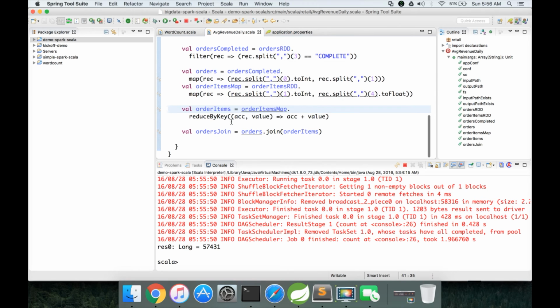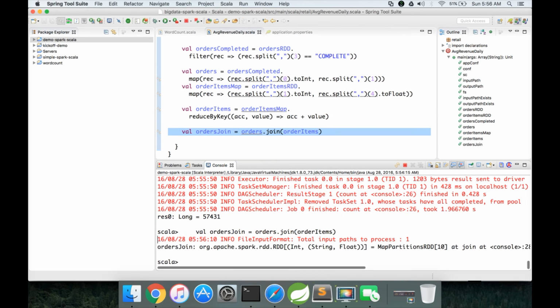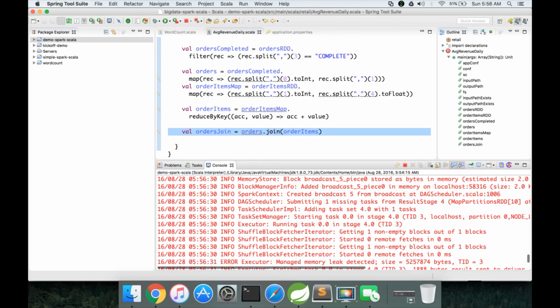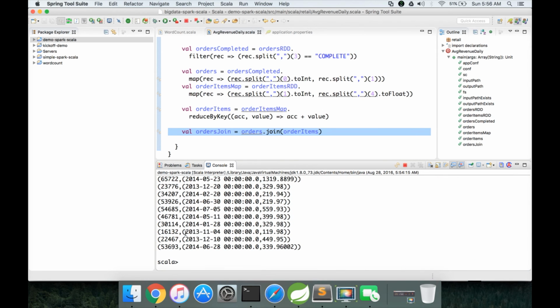So now we can actually run this command orders join and see how the data looks. Okay, it is of type tuple, in which the first element is of type integer and the second element is again a tuple. We can preview the data by running orders join dot take of 10 dot foreach println, and now you can see the data.